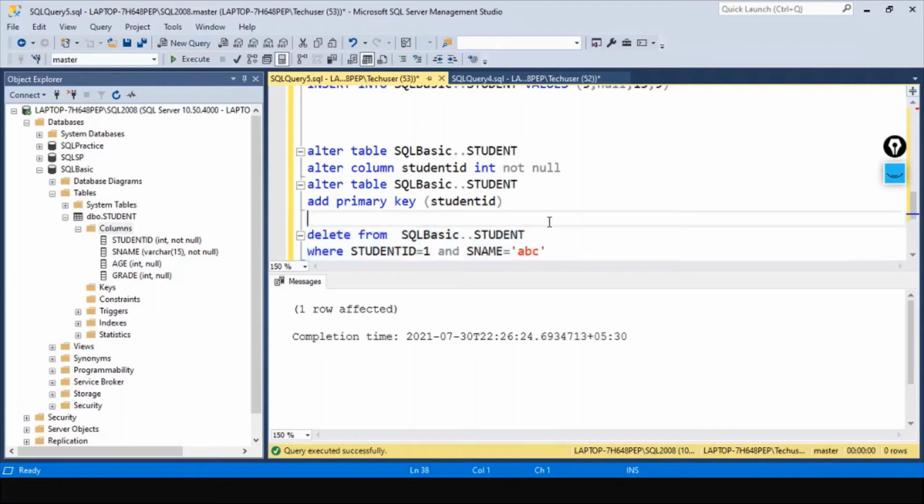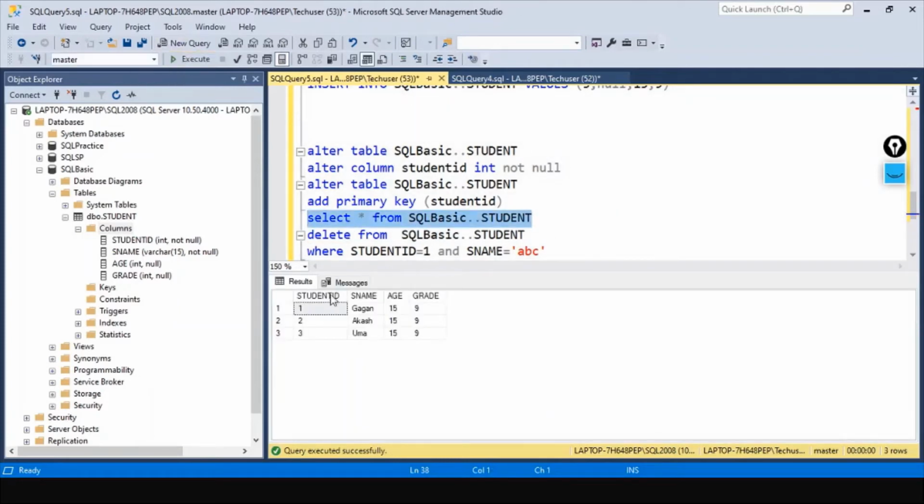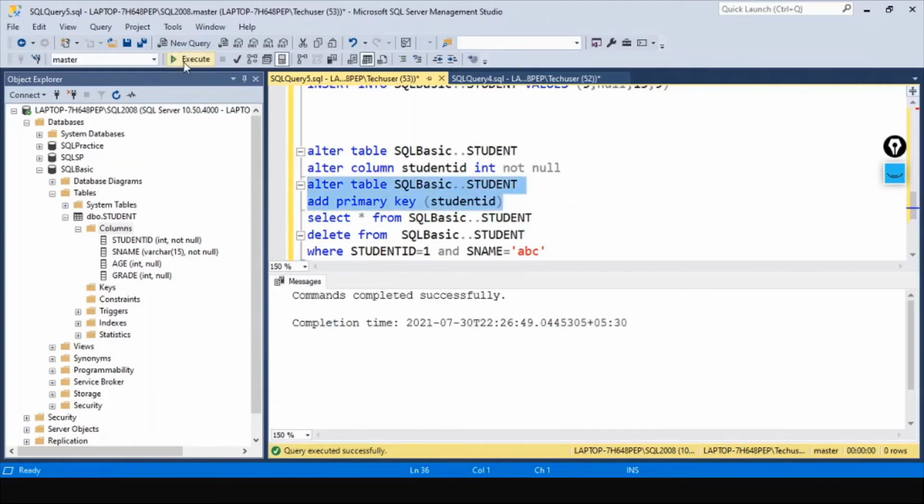If you want, you can just select and see. Now we have 1, 2, 3. Let's add primary key. Command completed successfully. Okay.